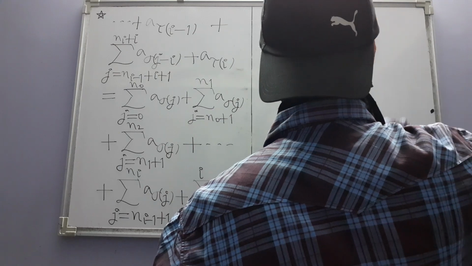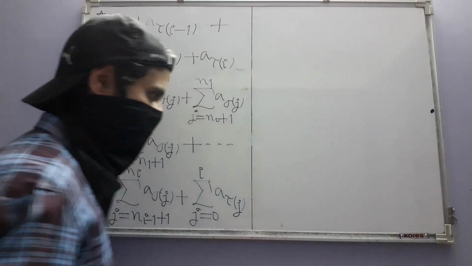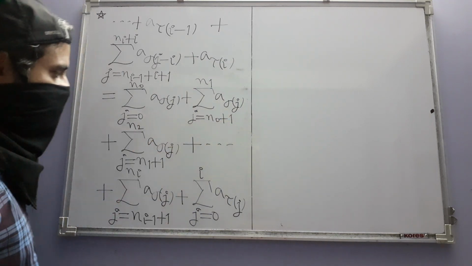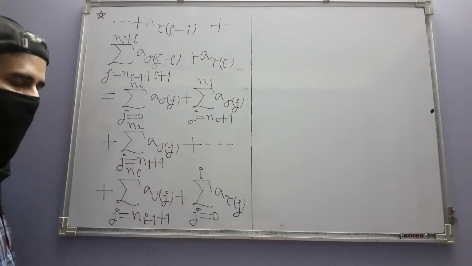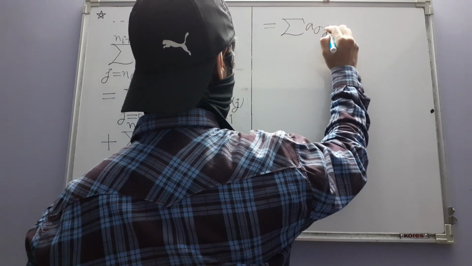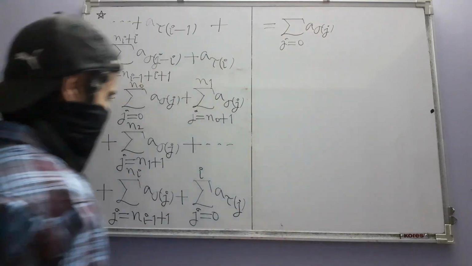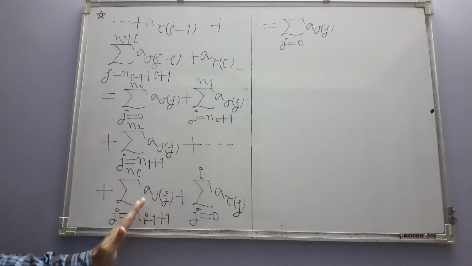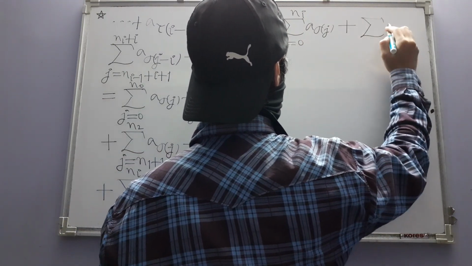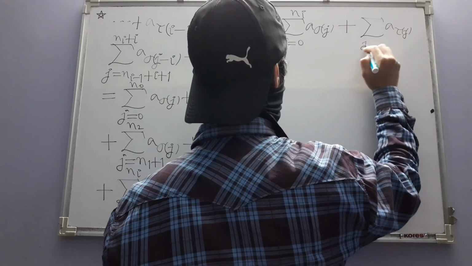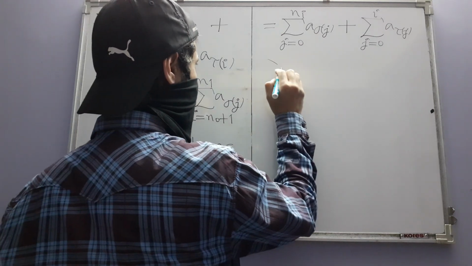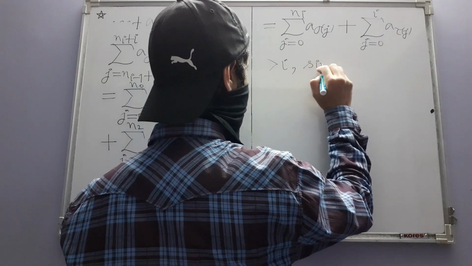All the sums that have been written first can now be written as a single sum, because nicely wherever this one stops, the next sum picks up things from there, and it continues like that. So all these sums ultimately become A sigma of j, where j varies from 0 to ni, a continuous uninterrupted sum, plus summation a tau j, and this thing is greater than I, since